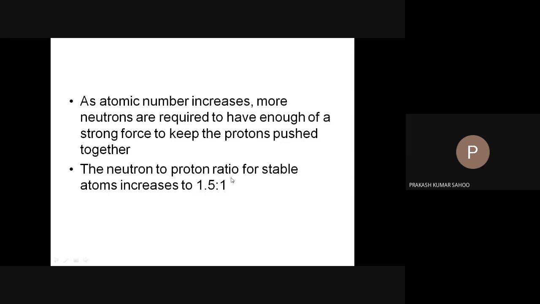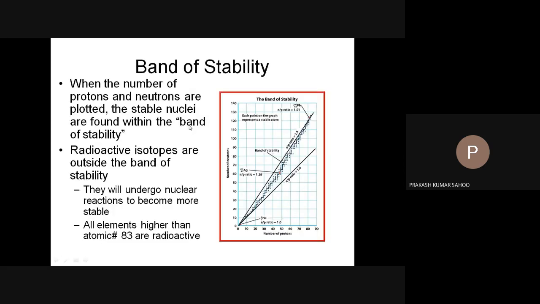Up to this ratio, the nuclei are said to be stable. When the ratio is greater than 1.5 to 1, the nuclei are said to be unstable. And this is the band of stability, where